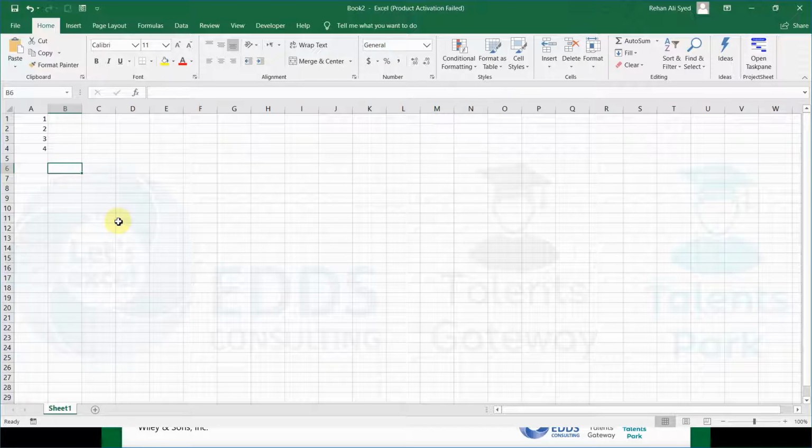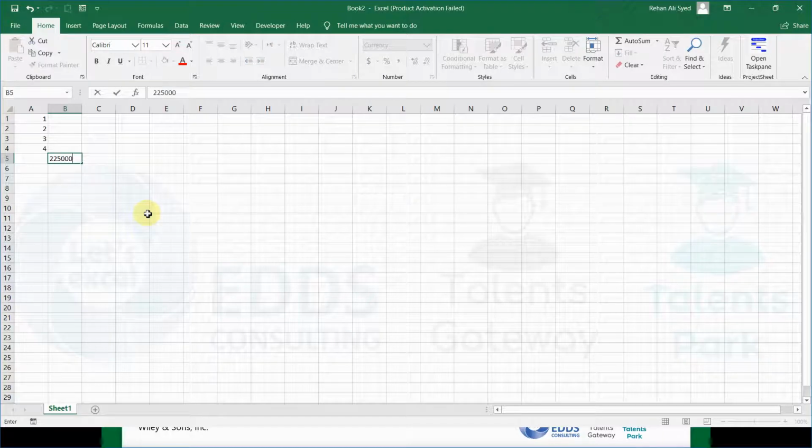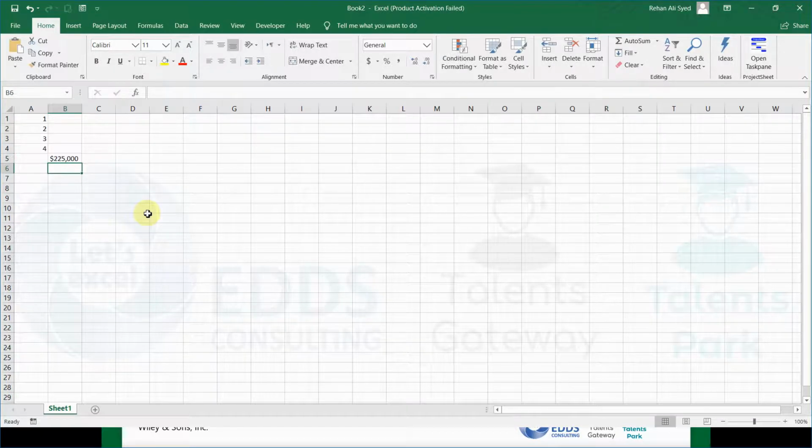And as I said earlier that with the delete button you actually remove the content. You erase the content of the cell but not the formatting. So let's go back to B5 and insert a number. So you can see that we haven't added any $sign or any other currency sign here. We've only added a number 225000, and when I press enter, this entry is converted to a currency entry because